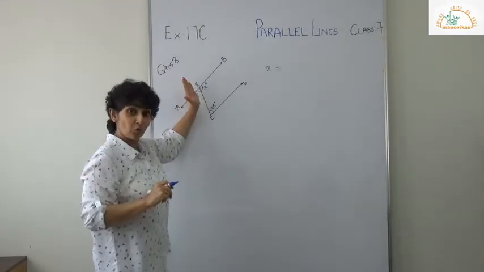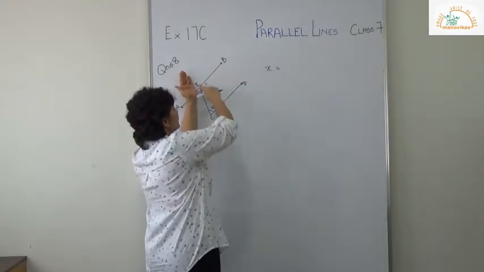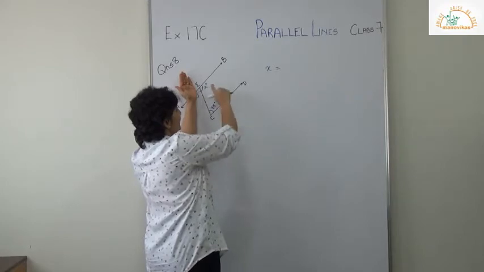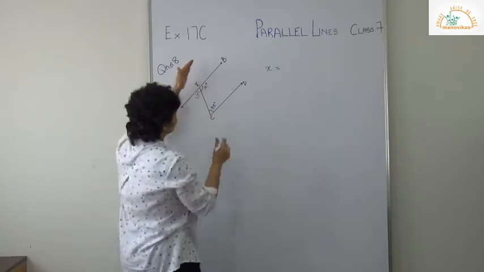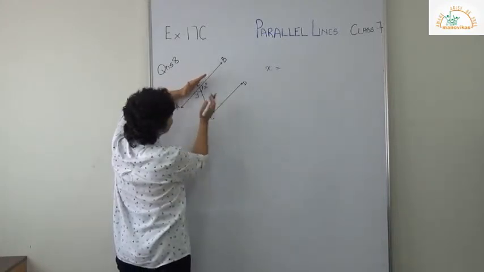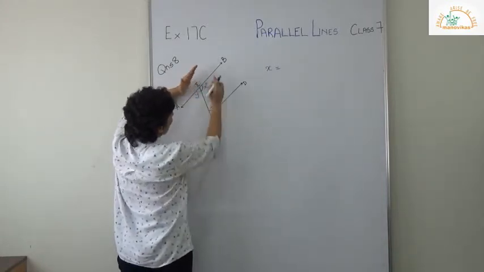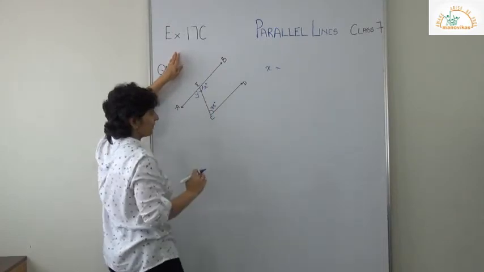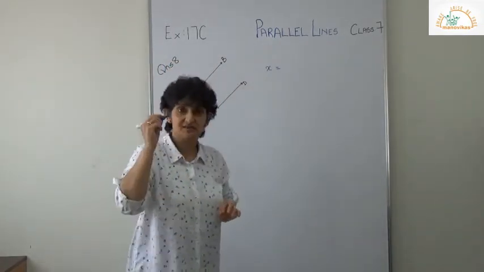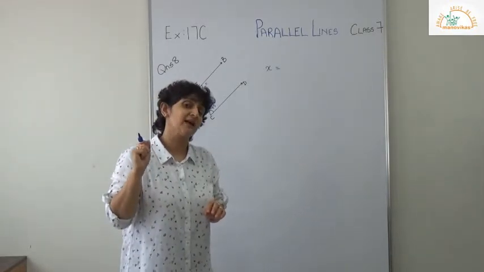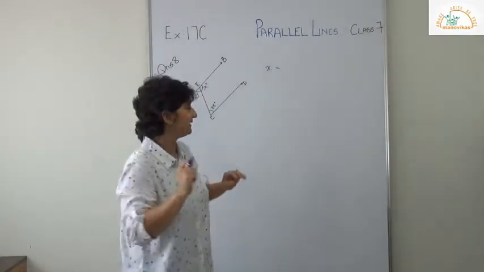Now you know, I have told you even before, remember this box shape, alright? So this becomes co-interior angles. See, these are the two parallel lines. This is your transversal, or just remember this box shape, alright? So you know, co-interior angles means what? The sum of the co-interior angles is equal to 180 degrees.